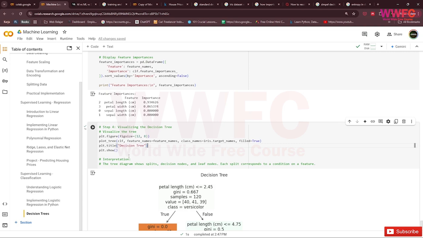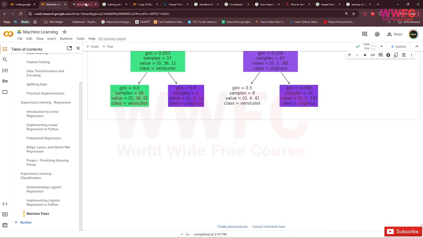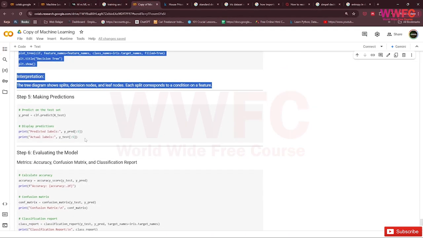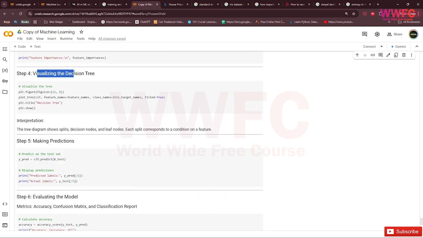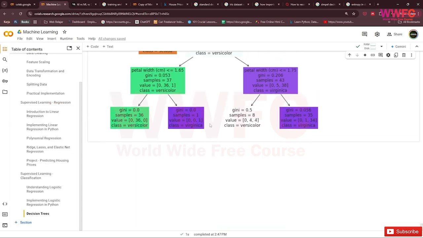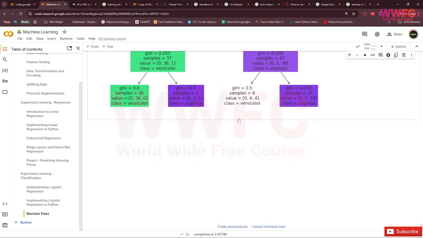So maybe you need to learn more, but if you just want prediction, you just use this prediction, not really visualizing the decision tree. But you have to know the concept of a decision tree, right? It makes decisions based on a tree like this. So yeah, if-else, something like that.